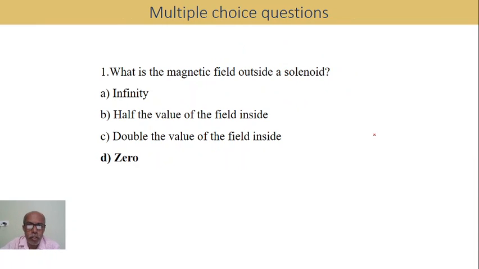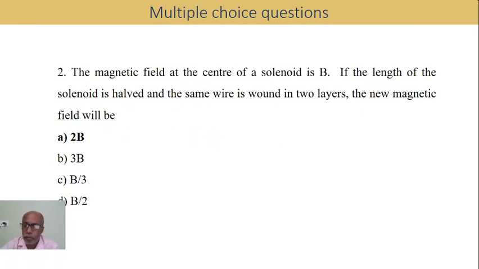So coming to the multiple choice questions. What is the magnetic field outside a solenoid? The magnetic field outside a solenoid is 0. There will be no magnetic field outside the solenoid due to the current flowing through it. And the second one,